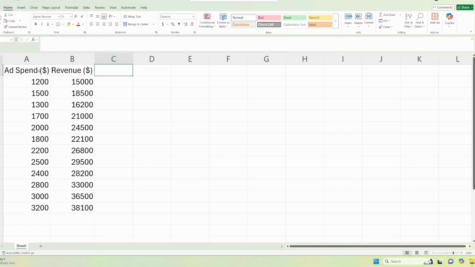So here we have 12 months of data. Our first is going to be the ad spend in column A. This is going to be our independent variable, or X. This is the thing that we control. Next is going to be our revenue, which is in column B. This is going to be our dependent variable, or Y, and this is the result of our